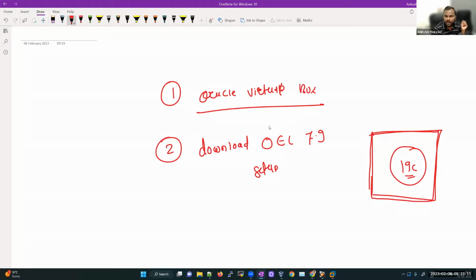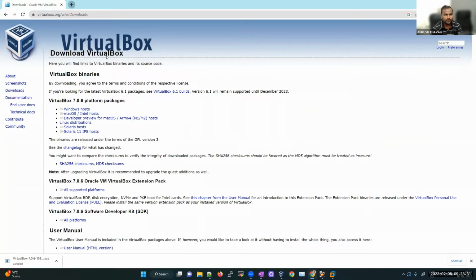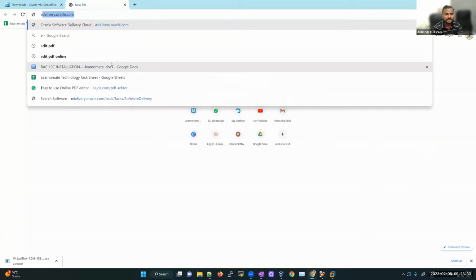So we need to download this Oracle Enterprise Linux. We are just talking about the download, not the installation. We will do the installation after the download gets completed. Now, how to download this Oracle Enterprise Linux 7.9 version? Again, open any browser, open a new tab and search for